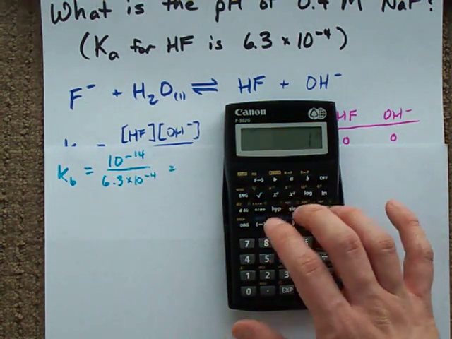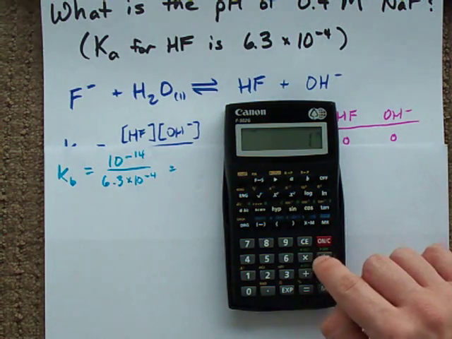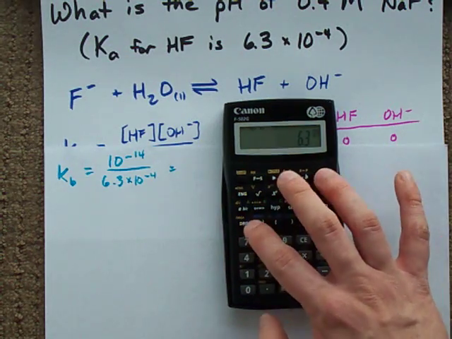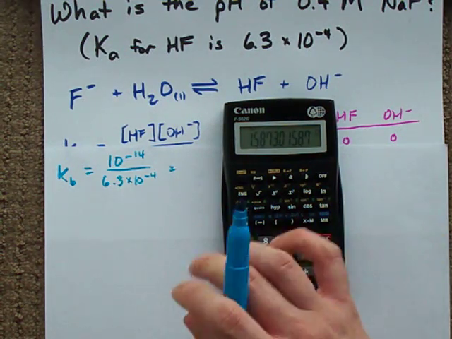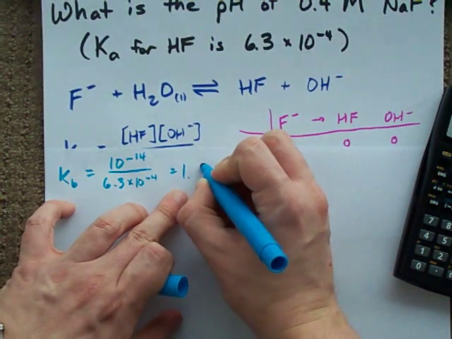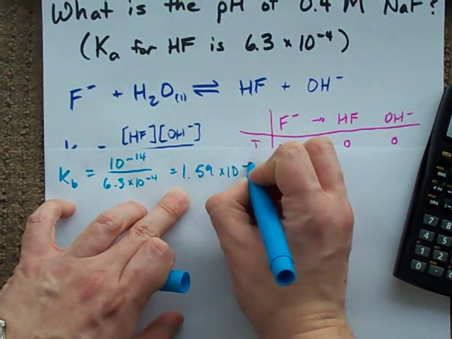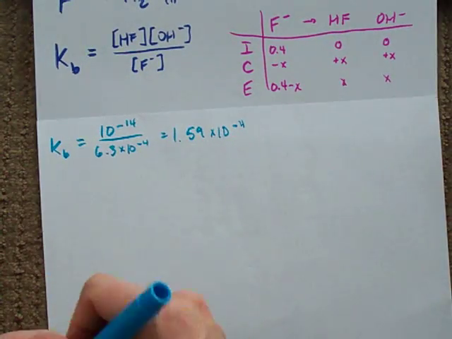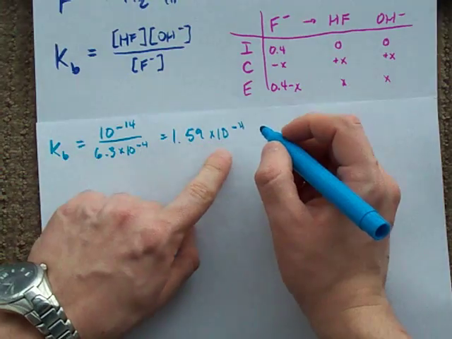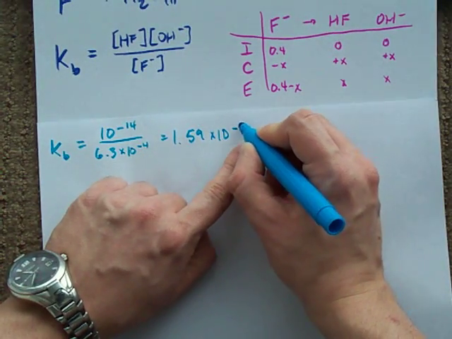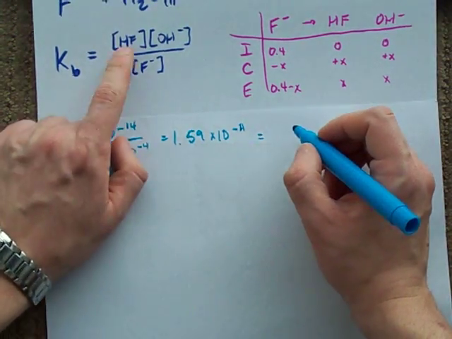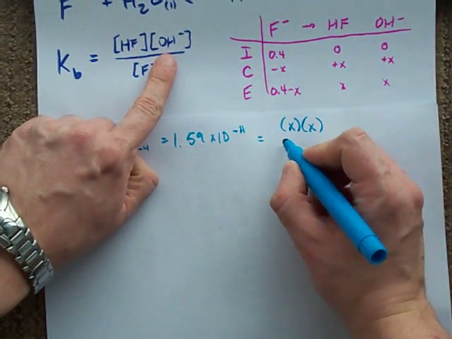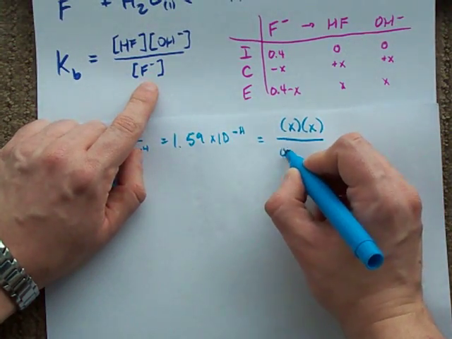1 times 10 to the power of negative 14 divided by 6.3 times 10 to the power of negative 4 gives me 1.59 times 10 to the power of negative 11. I can use that to plug in to my equilibrium expression. Kb, 1.59 times 10 to the negative 11 equals HF, that's X, OH-, that's also X, and F- is 0.4